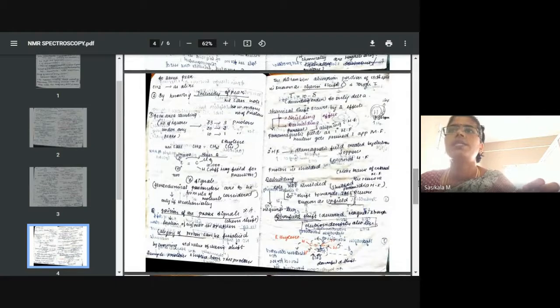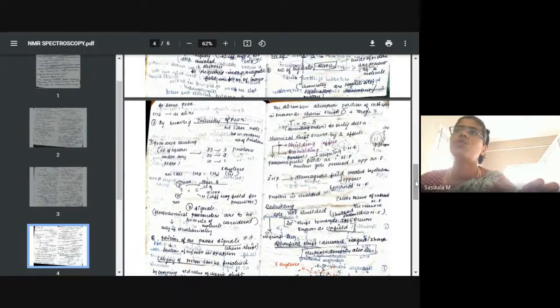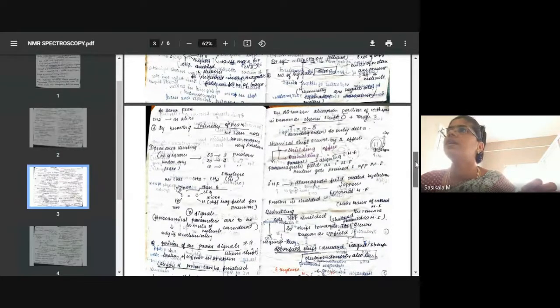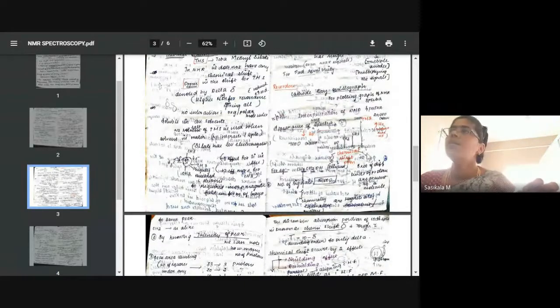Here I have focused on the position of signals as the fourth parameter. Okay, let's discuss the fourth parameter later, about chemical shift and shielding and all. Now, the second one, we can take as the intensity of the peak. After seeing the signal, we can see the intensity of the signal. You can see the line, whether it is more intense or less intense. For CH3 protons, it is more intense compared with CH2, compared with OH. Likewise, this is the most intense peak, this is more intense, and this is a less intense peak.